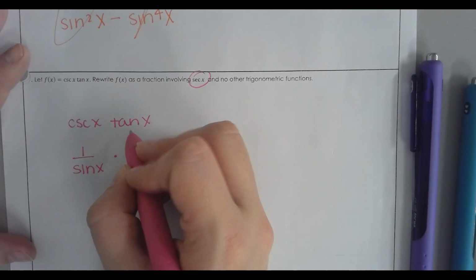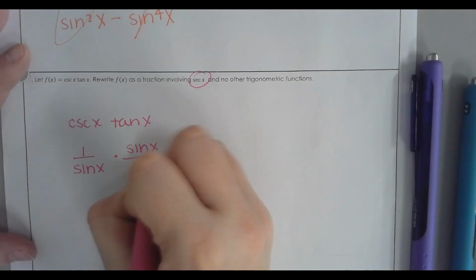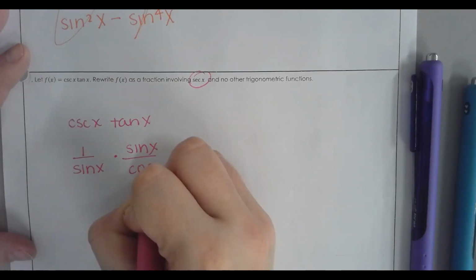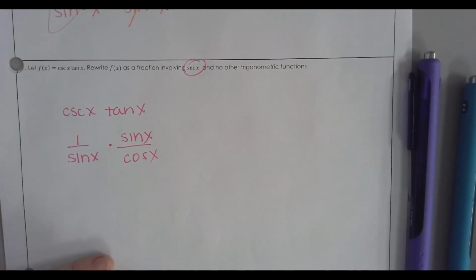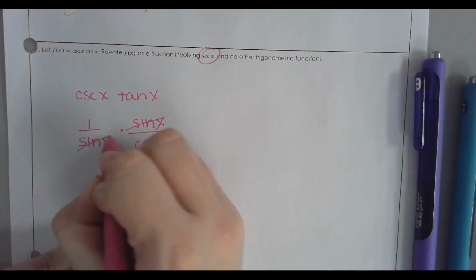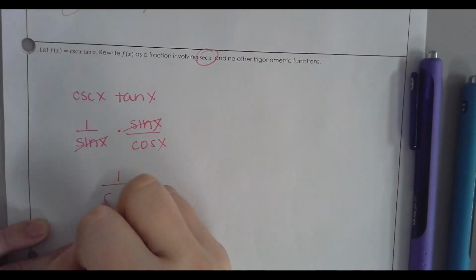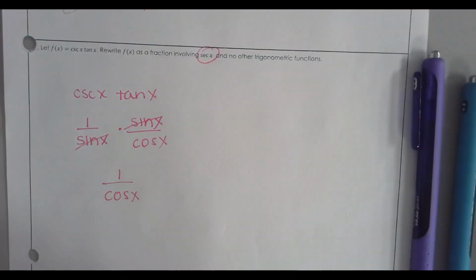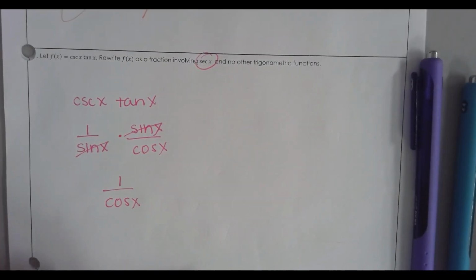Tangent is sine over cosine. Oh yeah, this one's easy. You have a sine on the bottom, you can cancel them, leaving us with 1 over cosine, which is just